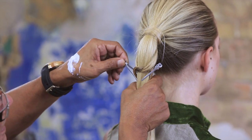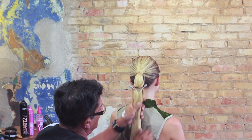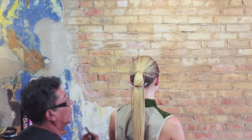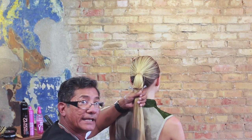Take the clip, isolate the slice of that, and now we're good to go for the next one. Take a little bit of product in my hands, coming back through. Now what I like to do is pause here for just a moment. Once you've tied one, I want you to come through and comb that through. So I just hold that and comb that through. It's almost like what you tied goes right back into the